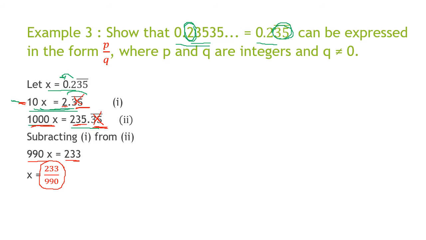And for the homework, you can do exercise 1.2 and 1.1 we did yesterday. Exercise 1.2 is plotting on the number line, which I have not started because first I want to do what are irrational numbers and then we'll do the plotting. So you can try doing exercise 1.3. Remember, your homework is exercise 1.3. Complete the exercise and send me the photo, and if you got any doubts then ask me. In the next video I will solve your doubt.